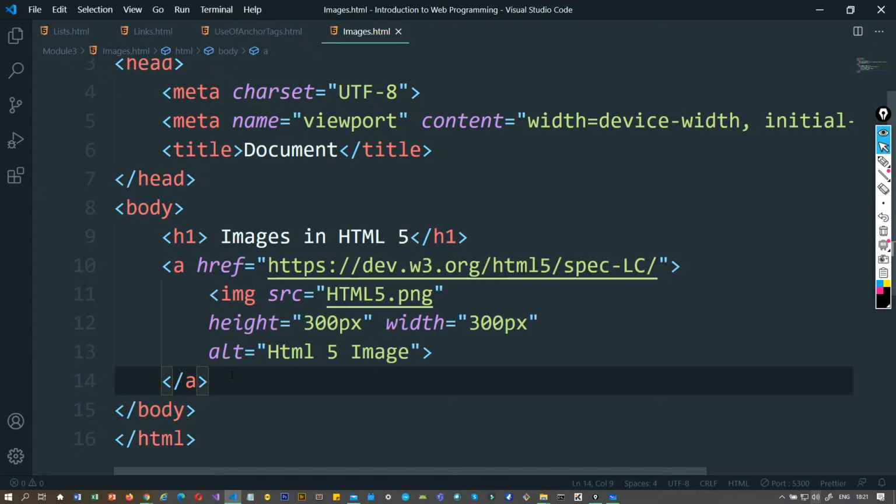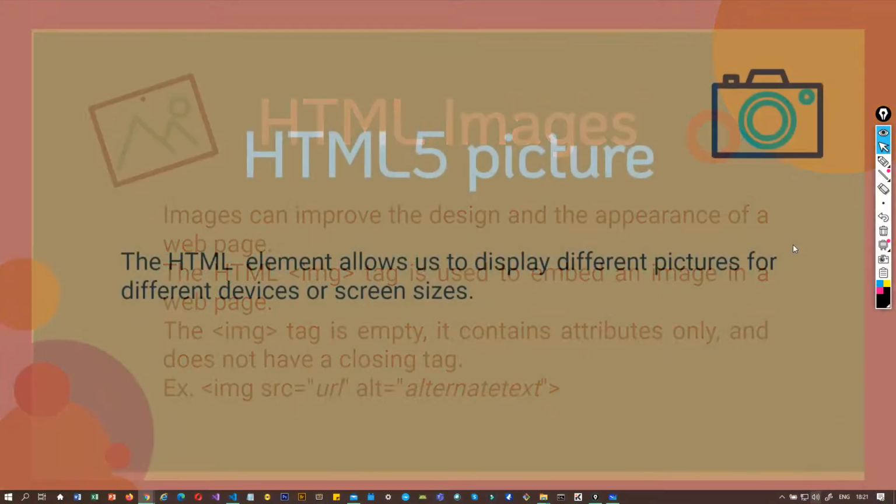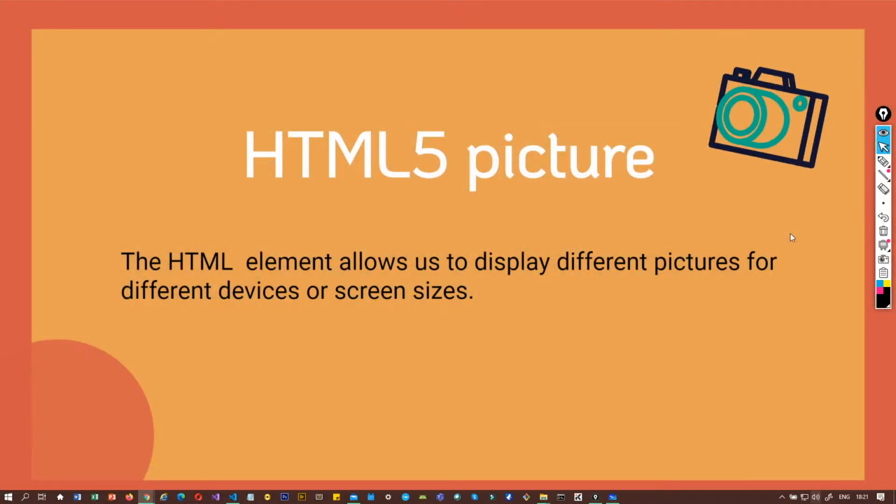But what has changed with HTML5 is the introduction of a new picture tag that basically takes care of loading a different picture altogether. So let's understand what the HTML5 picture element is. The picture element allows you to display different pictures for different devices or screen sizes. Now you see it is kind of important, because when you talk about the clients,